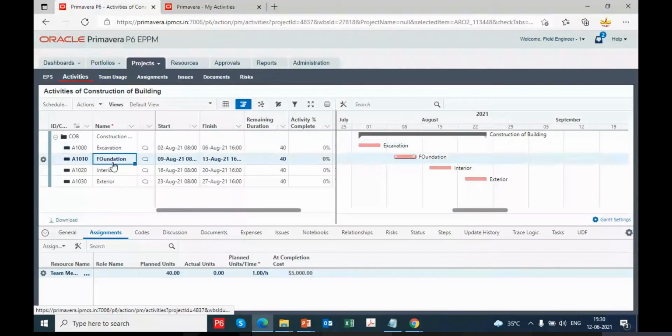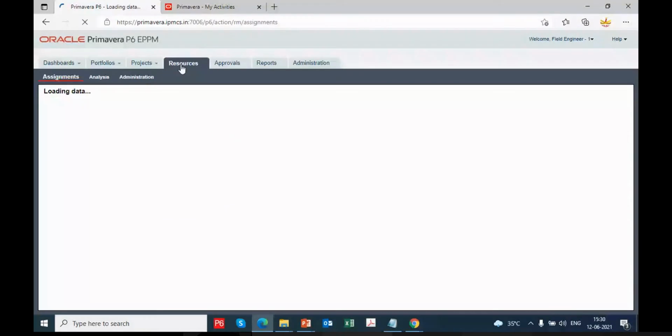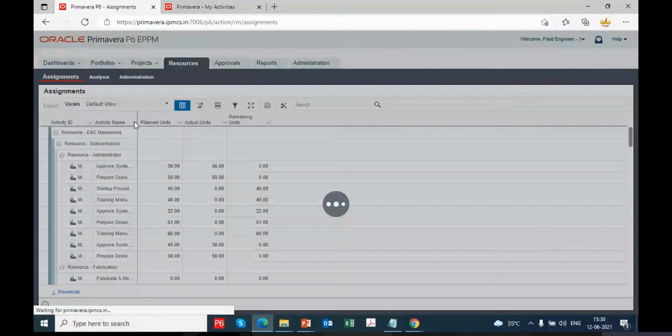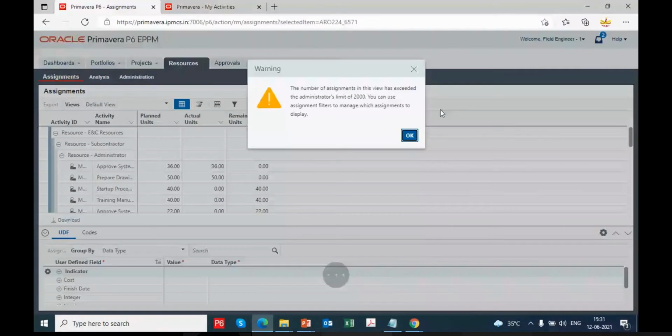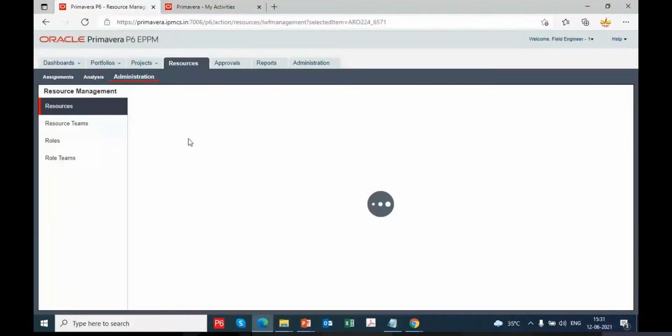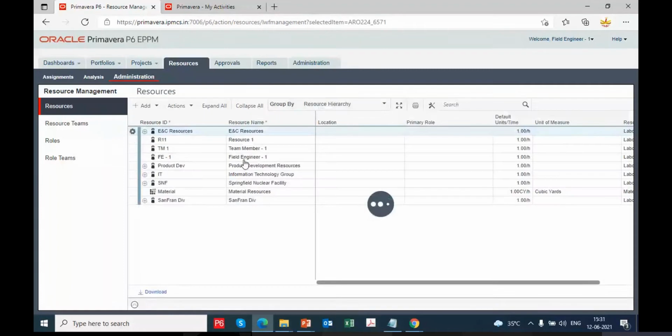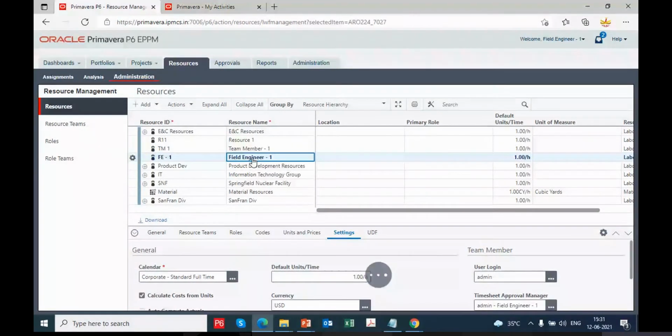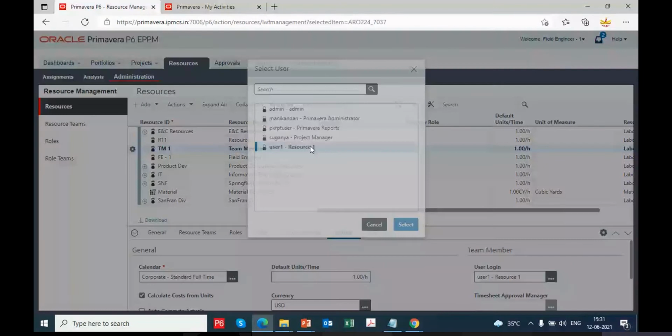So go to resource page. So I need to assign for this user, what is the user login.